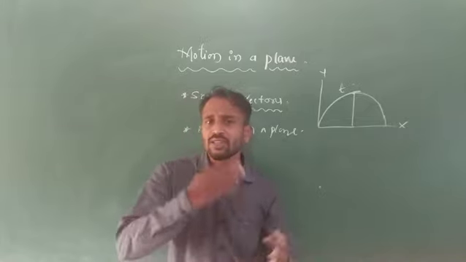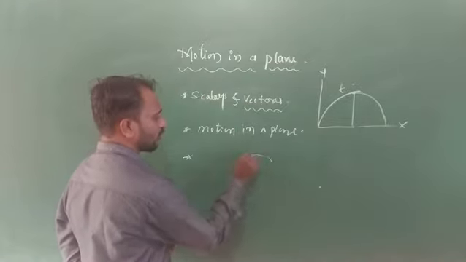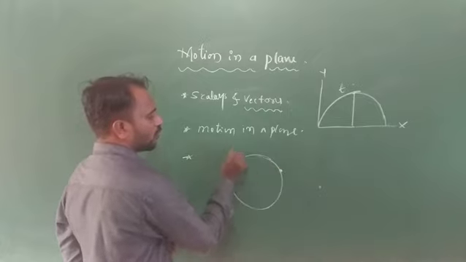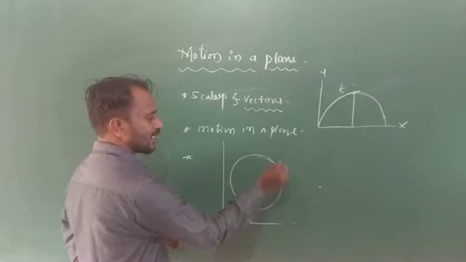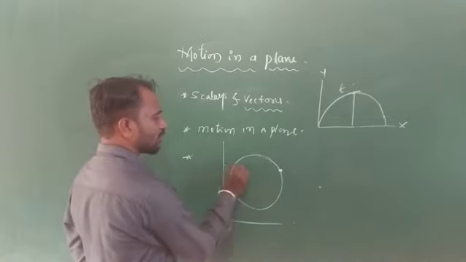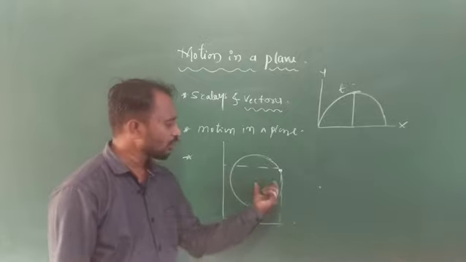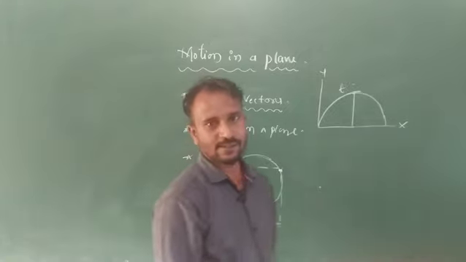So here circular motion, suppose an object is in circular motion. For example, here we want to find out the position of an object and velocity, acceleration and time interval. It means this object is present in the xy plane, so for this reason